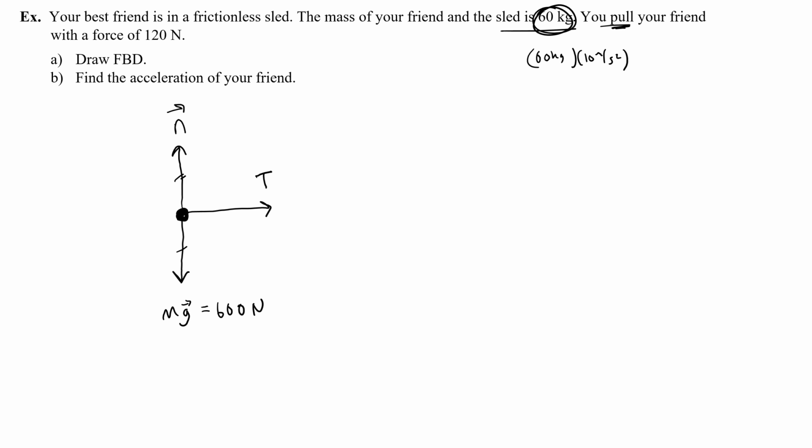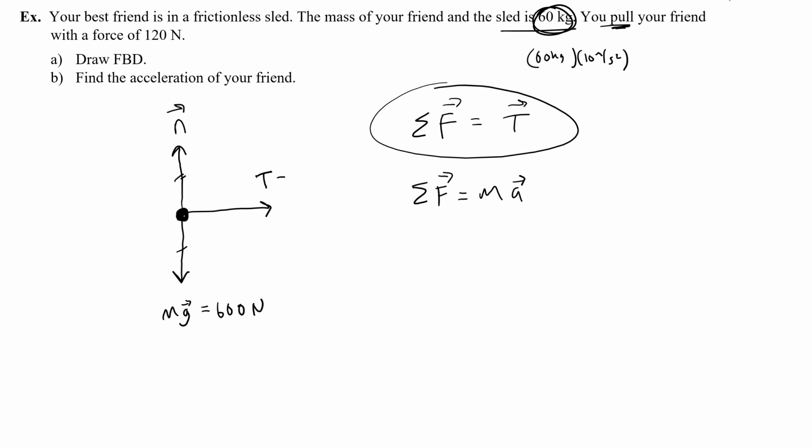Well, that tension is the only unbalanced force, so that actually is the net force. If there was friction, we would have to take it away, but there's no friction, so the net force is equal to the tension. Okay, well, how do I calculate the net force? Well, I can always find the value of the net force by taking the mass times the acceleration. Since the net force is equal to the tension, and I'm told the tension is 120 newtons,